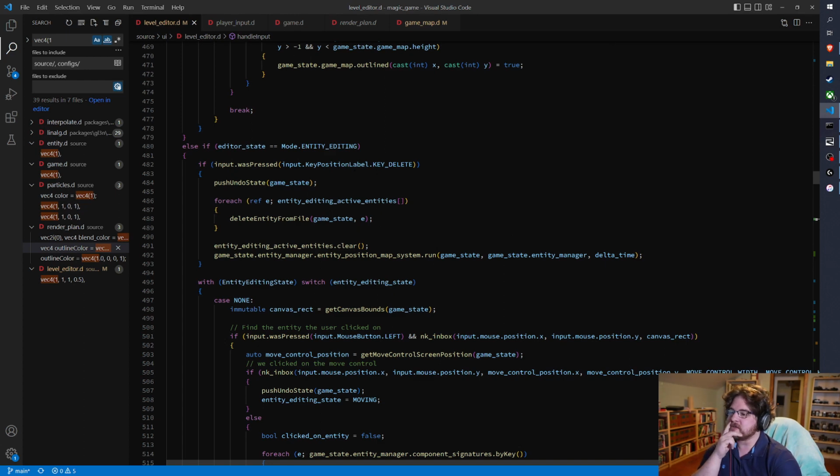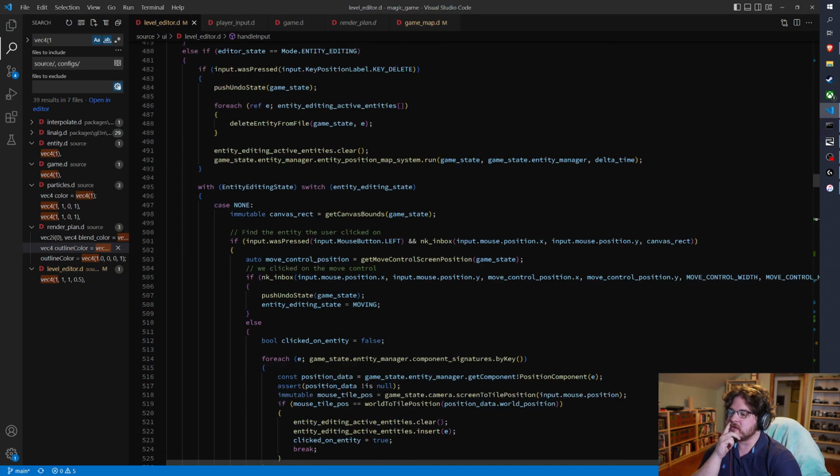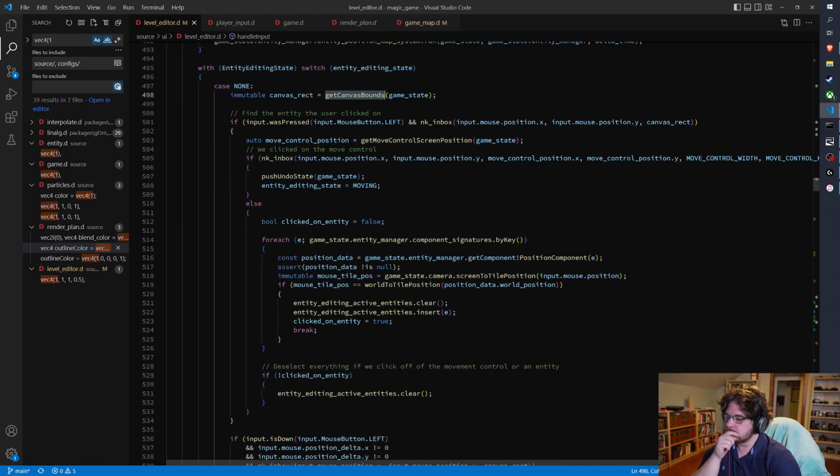So input one press. Okay, input was pressed, and if the mouse position was inside the canvas, which is our drawing surface,